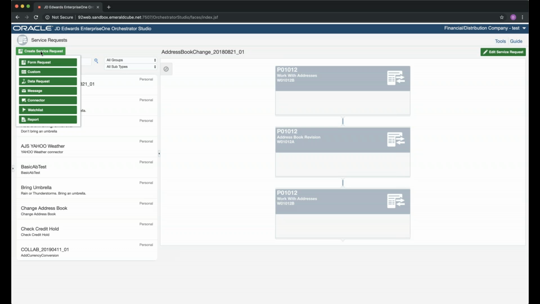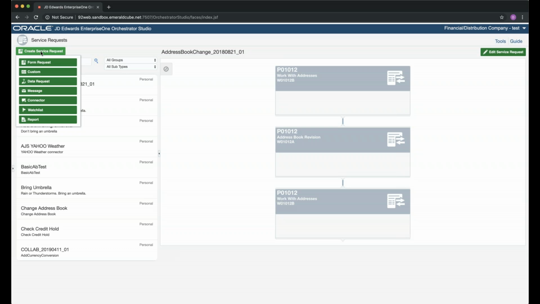Message is another step. Messages, of course, are to send messages out of JDE. We also have a connector. This connector uses what we saw before, which is those connections, and this is how we utilize an external interface. Or, if you're going a little more in depth and you want to call another orchestration, let's say we have built an orchestration to do a specific operation, with two or three service requests within it, and we want to call that orchestration from within another orchestration, we do that through a connector.